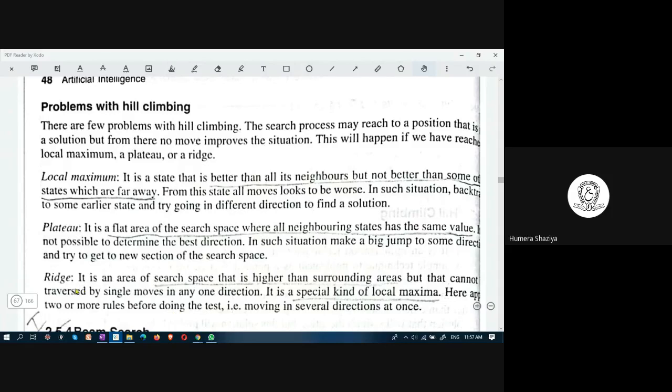Okay, that is a ridge. So it is required to move one step ahead. Then the ridge problem would be solved. Ridge is a special kind of local maxima, and here two or more rules apply before doing the test. Before moving on to the next path, two or three rules have to be applied. This is ridge. This is also a problem in hill climbing.